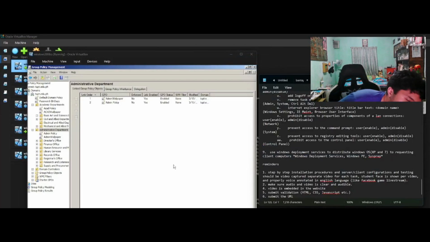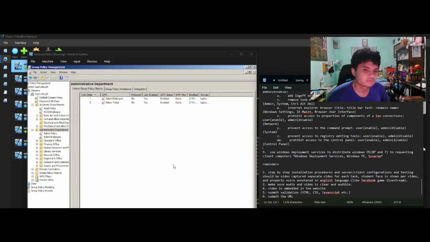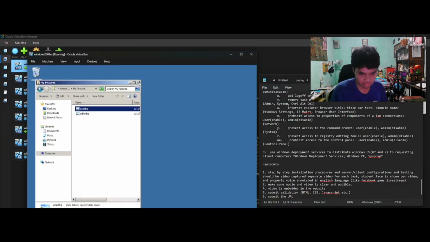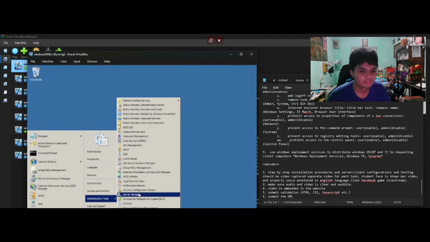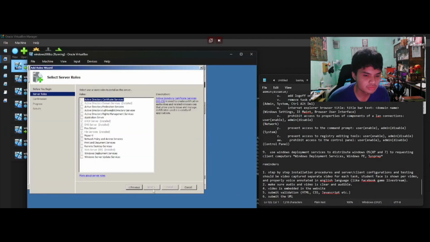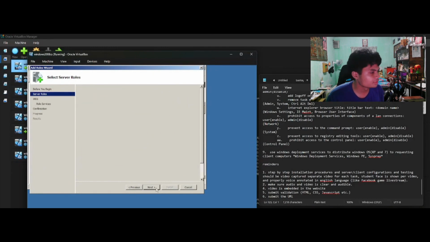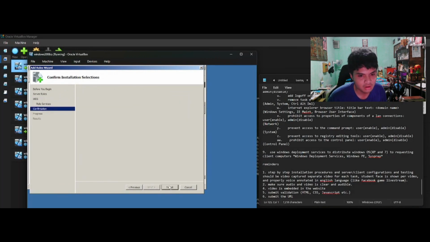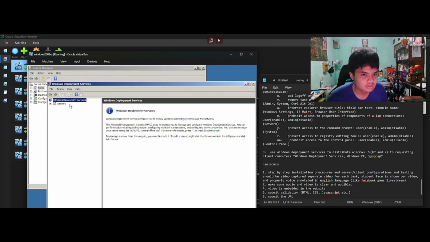So this is the last of our RAID case study series. For now we will deploy Windows deployment on our case study server. This will be a fast one. We're just going to install Windows Deployment Services again in our case study server. Just press next, next, next, and install. There we go, and it will progress and install now.